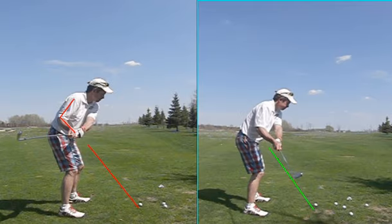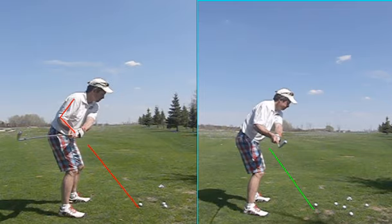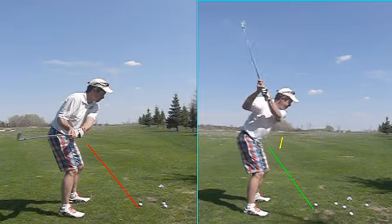So a couple of good things here: you'll notice the differences in your right arm. On the right it is more extended, and your left arm has worked more straight back. On the left-hand side, your left arm has worked more across your body. The only thing I'd mention on the right here is to get the toe of the club up a little bit more, just to keep the loft on the club. So we'll scroll you to the top,